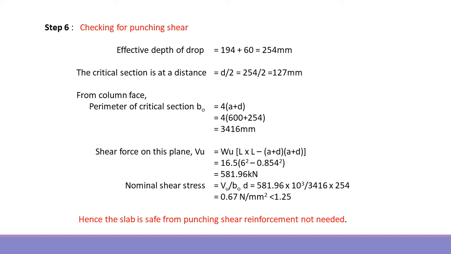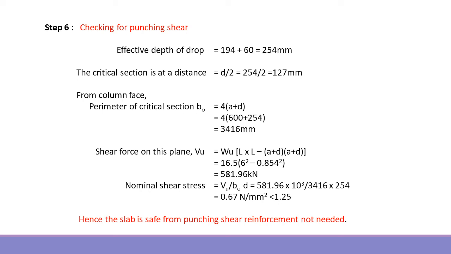Then shear force for this plane: V is equal to load by area, the simple format, but load into distance. So W is L into L, where L is the panel size, and (a plus d) into (a plus d). This is the formula for finding the shear force for this plane. L is the panel size, which you know is 6 meter into 6 meter. Then a is the size of the column. Then d is the effective depth. So apply the values, the shear force is